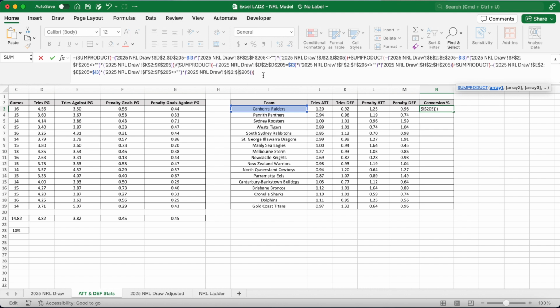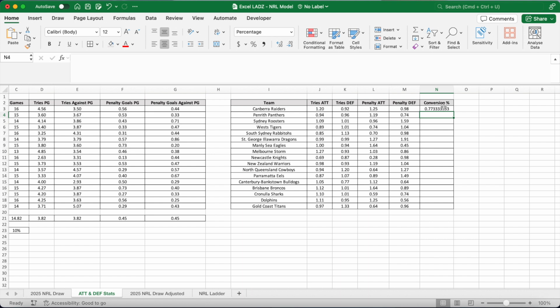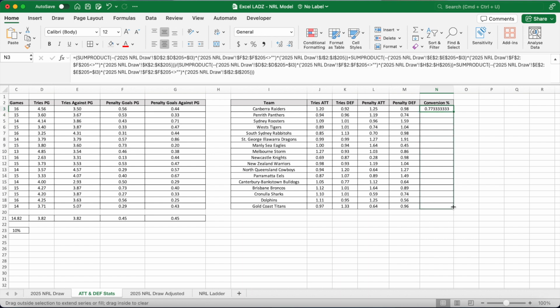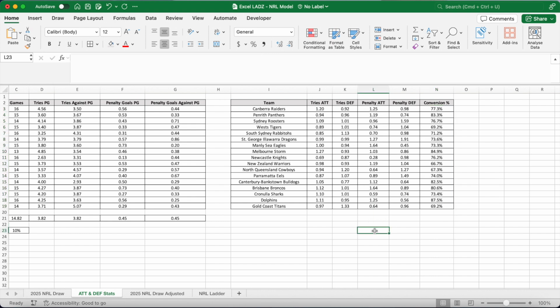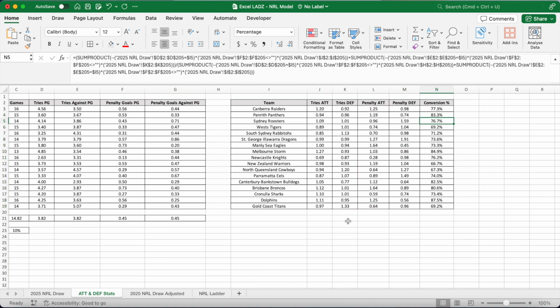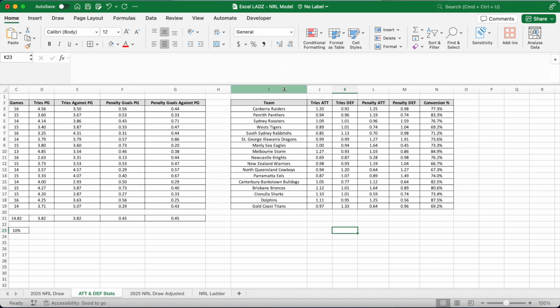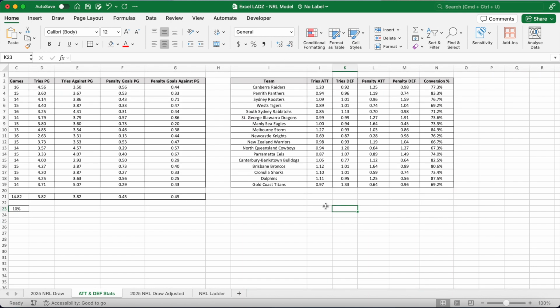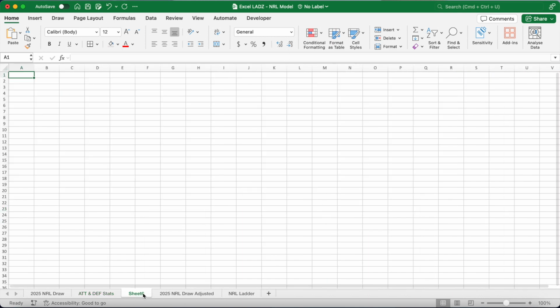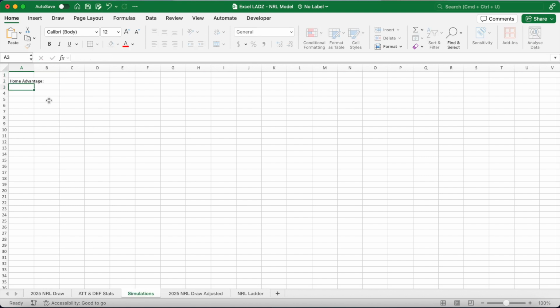Once you do that, you can press enter, and the Raiders convert 77.3% of their tries. Drag down to row 19. And then we've got our attack and defense ratings made up along with conversions. Using these, we can now pick a matchup or a game between two teams, calculate each team's expected tries, penalty goals, from that expected conversions, and we can simulate these to find the probability of each team winning, as well